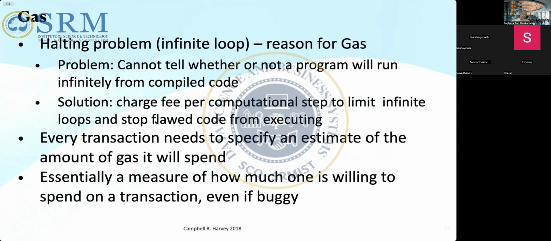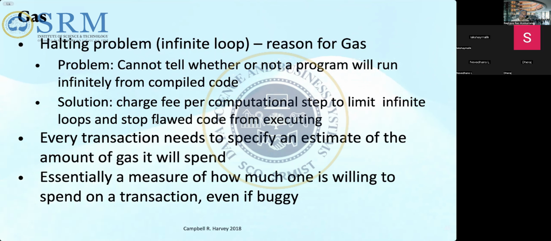So that means if you send a code, we will also look at this in more detail later, in a few slides, where I use an example of what a transaction looks like, the transaction fees and things like that. So let us say that you have an infinite loop in one of the transactions, or you can say one of the smart contract codes. And then you want to invoke the smart contract and execute it. You need to specify how much gas you are going to pay, and